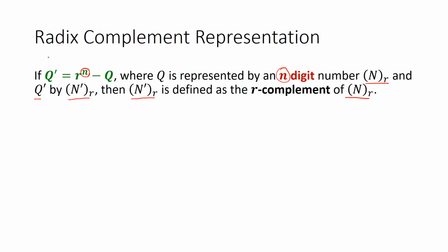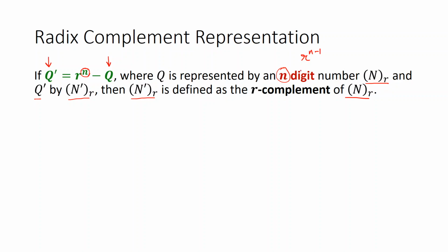Note, both q dashed and q are positive quantities, because q, when represented by an n digit number N in radix r, will yield a quantity which is less than r to the power of n. Normal n digit numbers are able to represent up to r to the power of n minus 1,